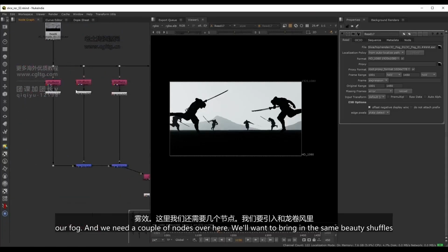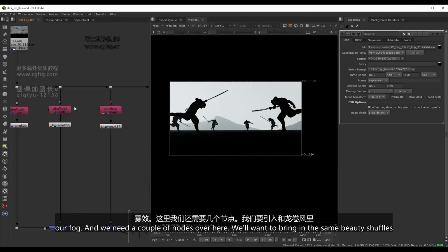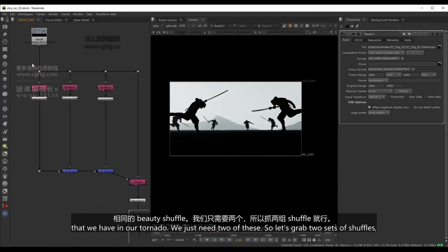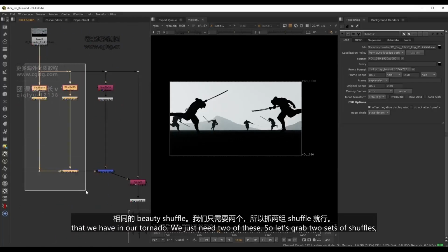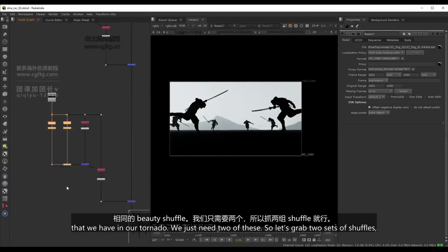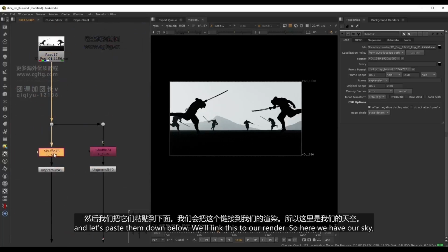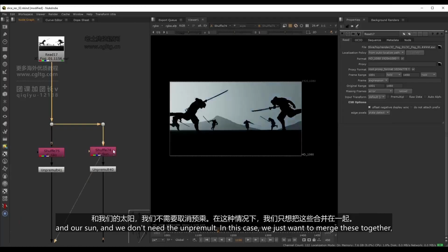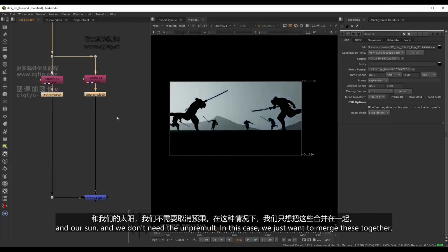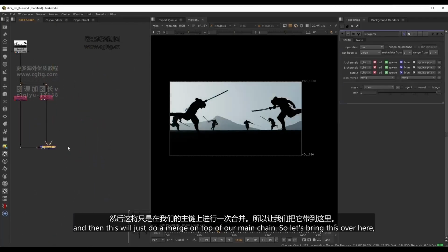nodes over here. We'll want to bring in the same beauty shuffles that we have in our tornado. We just need 2 of these, so let's grab 2 sets of shuffles and let's paste them down below. We'll link this to our render. So here we have our sky and our sun, and we don't need the unpremult in this case. We just want to merge these together, and then this will just do a merge on top of our main